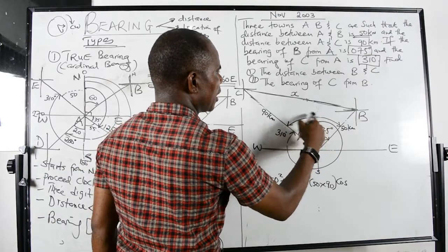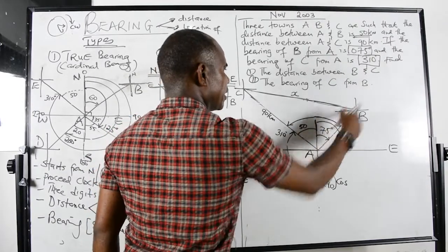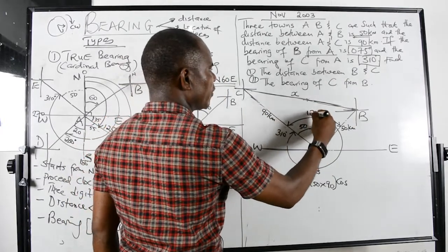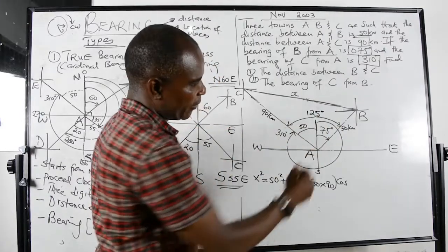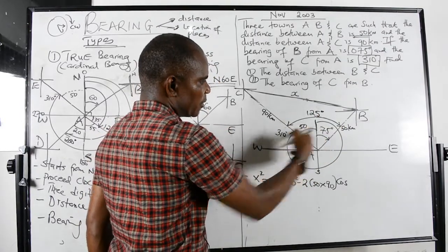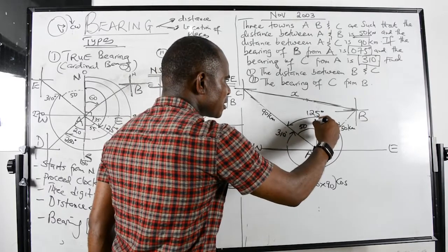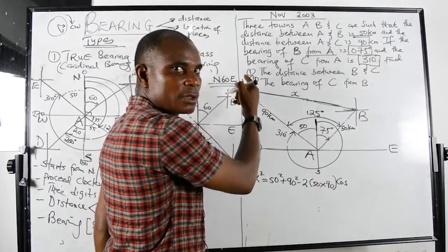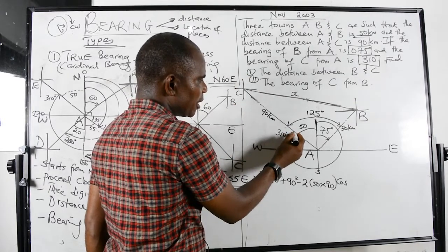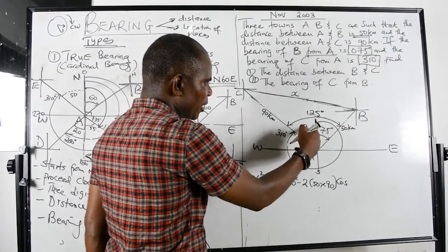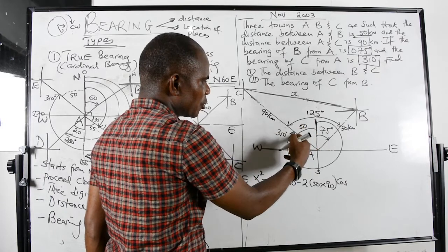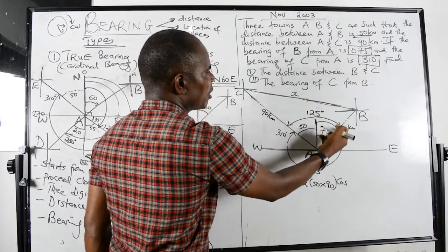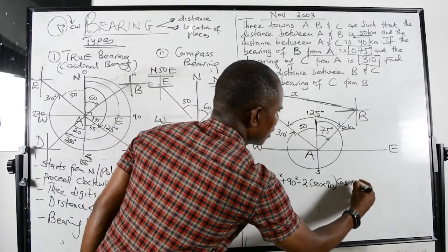Yeah, so the total angle between this line and this line, I'm adding this to this. So you now have 125 degrees. How did I get the 125? I added 75 plus the 50. How did I get 50? You know the bearing starts from the North Pole. It proceeds clockwise until the point going to C. This is 310. So 310 from 360, I'll be left with the 50 degrees. So the remaining is 50 degrees. So the 50 plus the 75 give me the 125. So now I've got the 125.